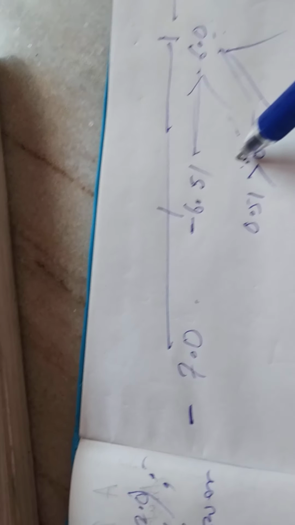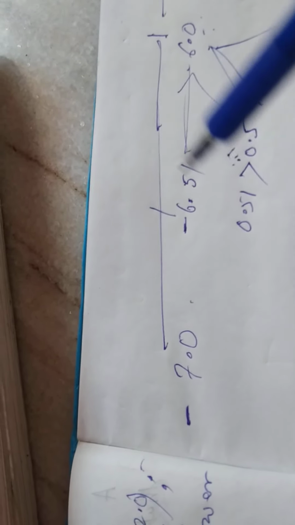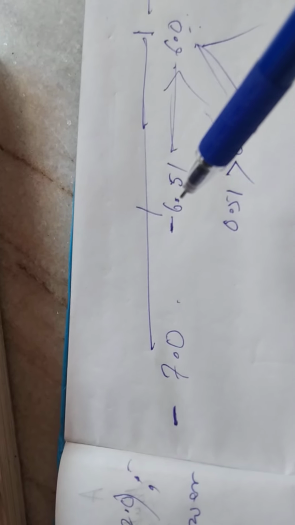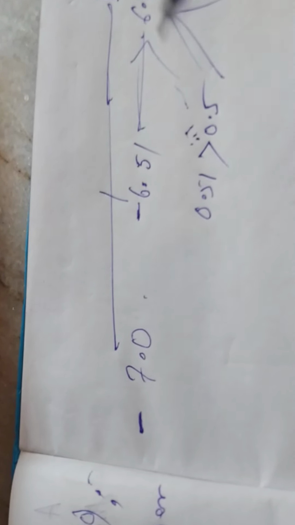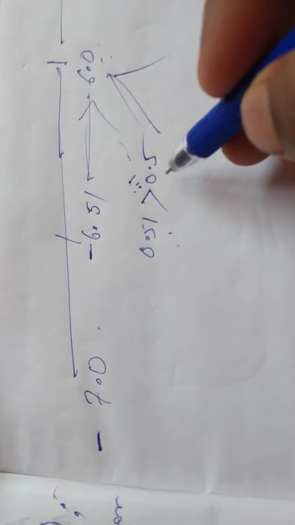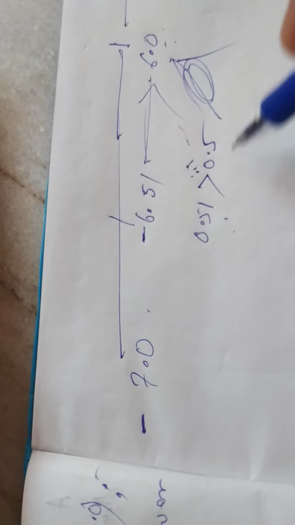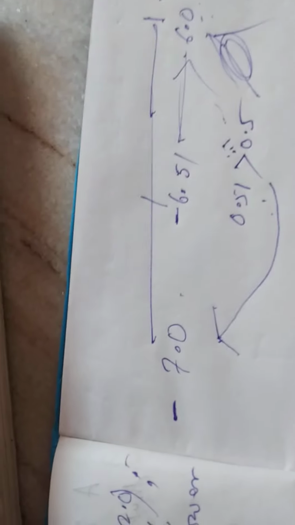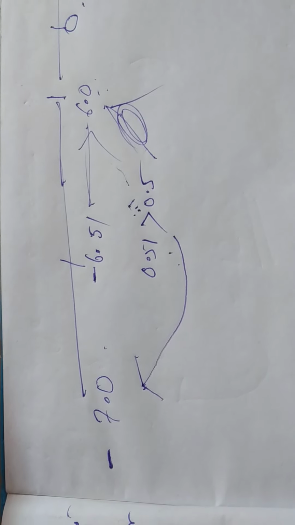So what is the greater value out here? Minus 6, minus 5.1 is greater than, isn't it? It is greater than 6. Sorry. So see here, 0.51 is greater than 0.5. So what is its greater value? Its greater value is this one. Yes, its greater value is what?